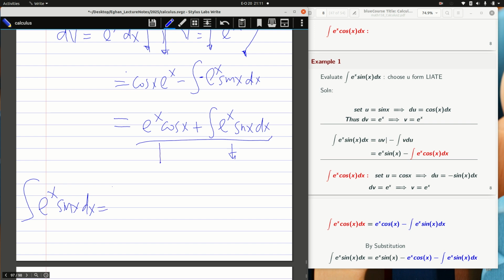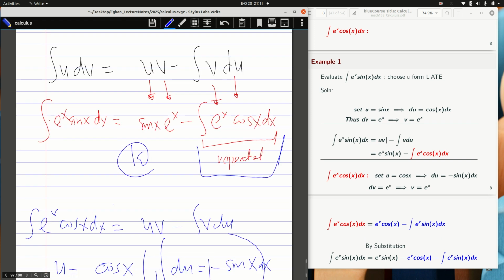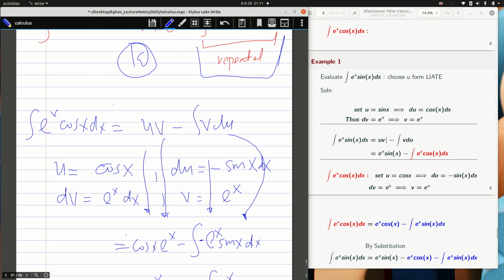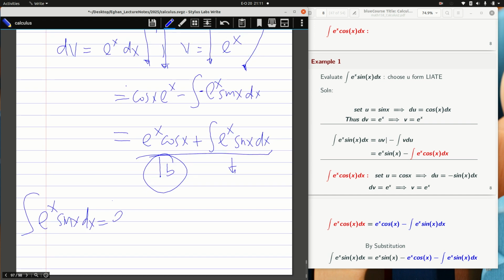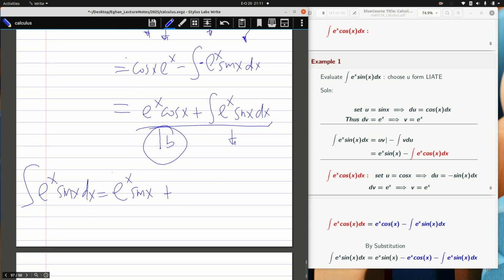We want to substitute into 1a. So I have e^x sin x, e^x sin x plus, was it plus or minus? What did we get for the initial thing? It was minus. Okay, so let's quickly do that. Let me clean the plus. It's minus, and then let's substitute